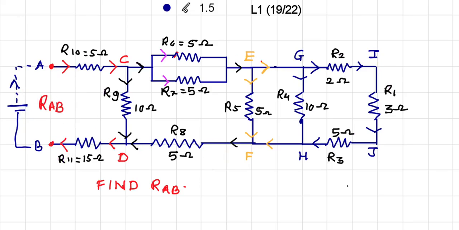So our main problem is, in order to find out current if voltage is known, we must know the value of total resistance between terminal A and B. So we need to find out RAB. So how can we do it? A simple thing, remember that. Let us consider some current is entering point A. So obviously current will flow. So I have shown it by this arrow, red like arrow.